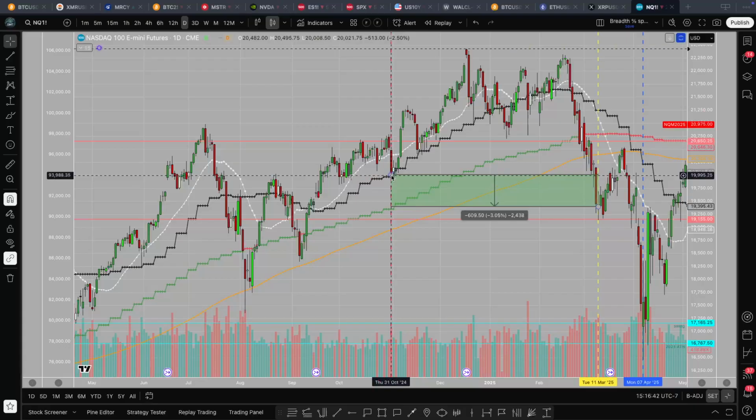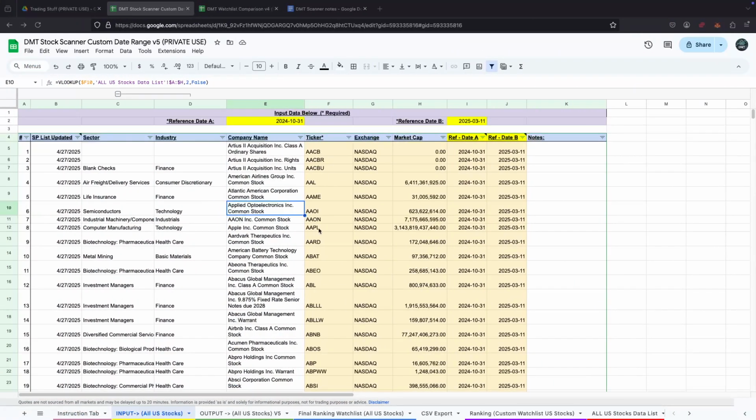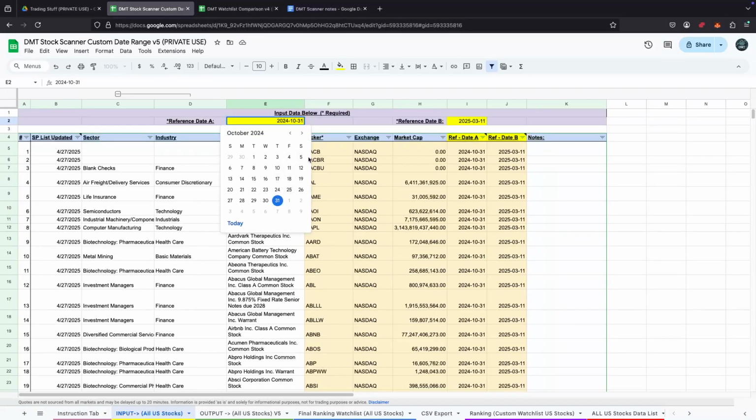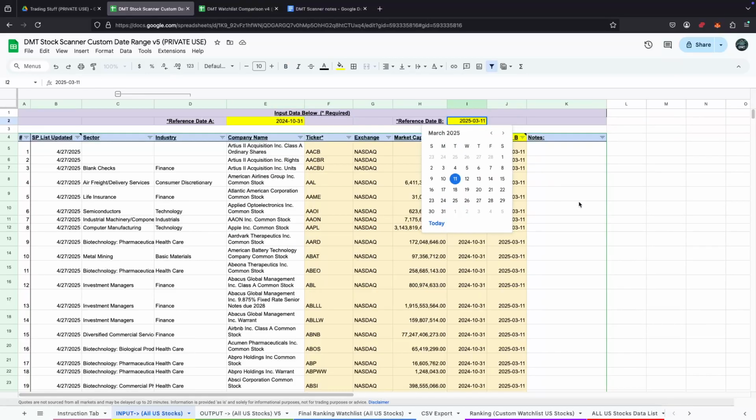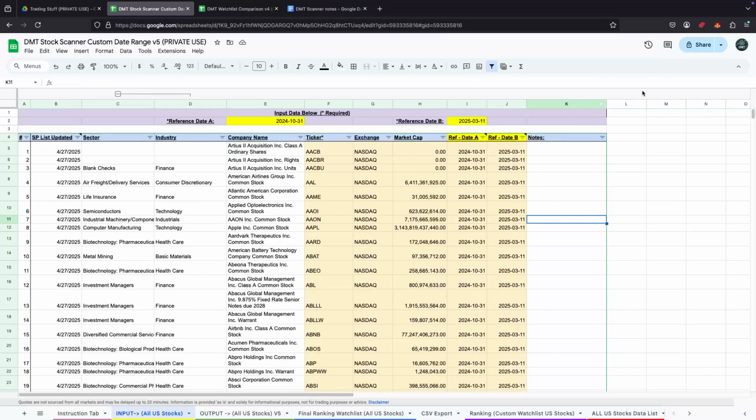Closing price on this date, October 31st, 2024, March 11th, 2025. So we would input October 31st, boom, March 11th, boom. You have to wait. This thing will load, but it's already done. All right, so, for example,